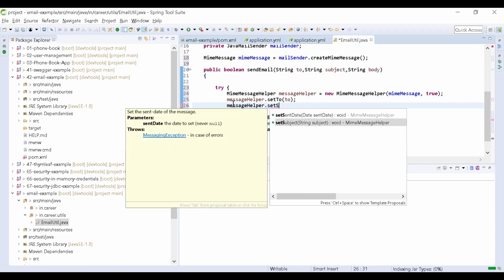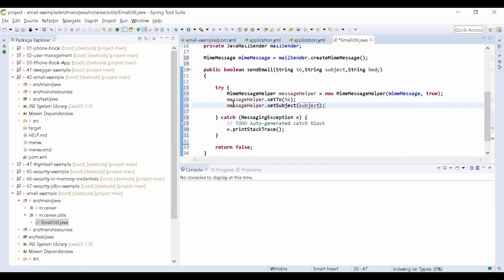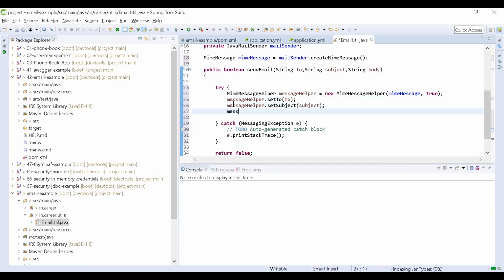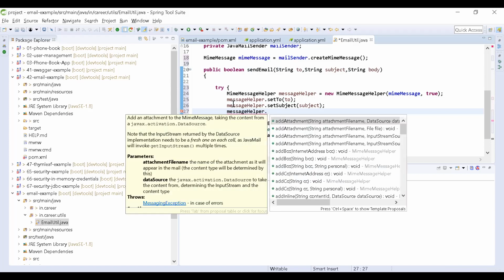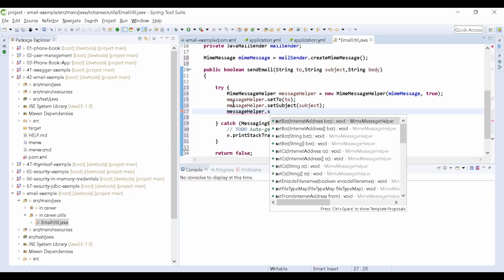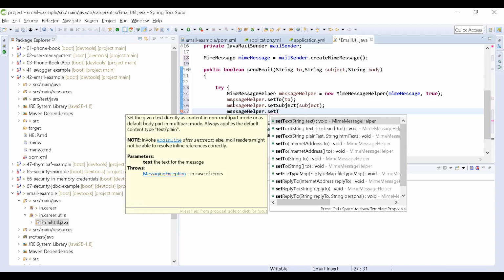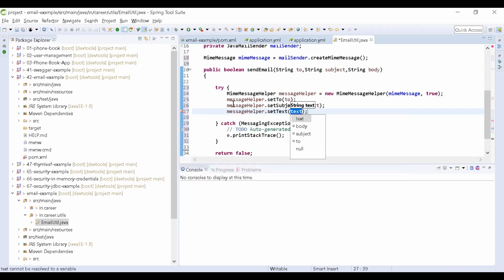I'll select the subject here. Then message helper dot set body, set text as a body.